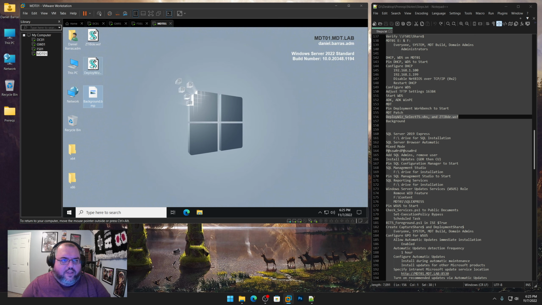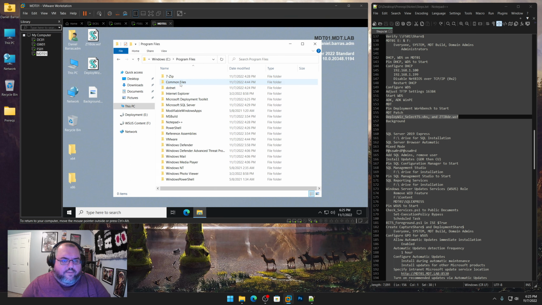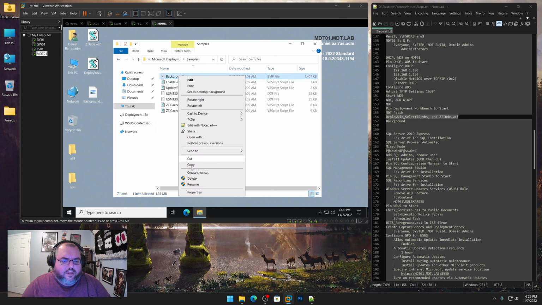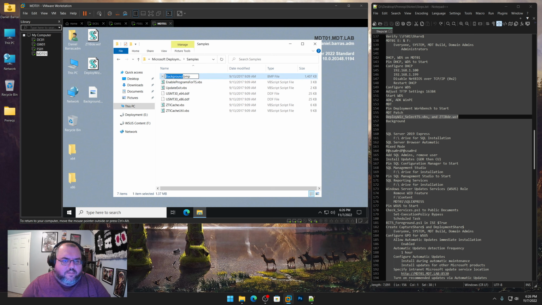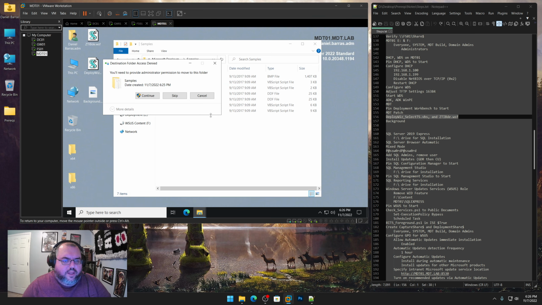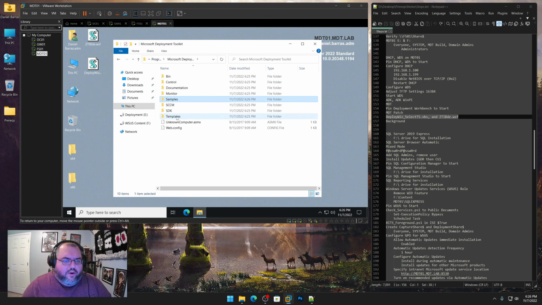All right. Now we're going to go to This PC. C, Program Files, Microsoft Deployment Toolkit. First, we're going to go to Samples. And we're going to rename this background bitmap to background_old. We're going to cut and paste our new one that we created. Just like that. Then we're going to go to Templates,